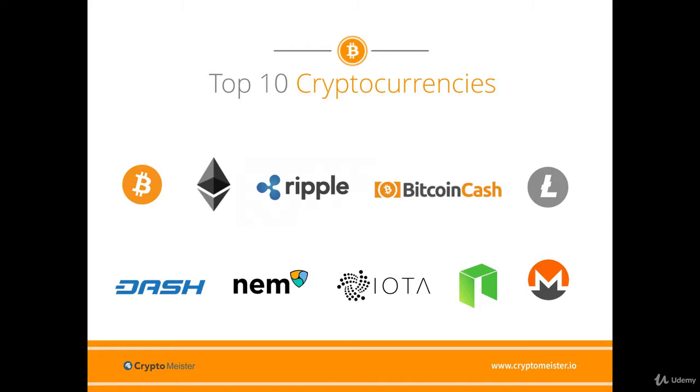In January 2014, Dash was released as Xcoin, and a little more than a month later changed its name to Darkcoin. And then, finally, in March 2015, it changed its name again to Dash, a sort of blend between digital and cash. Dash is a Bitcoin-based currency that features instant transactions, private transactions, and is decentralized. Its goal is to become the most user-friendly and on-chain scalable cryptocurrency in the world.